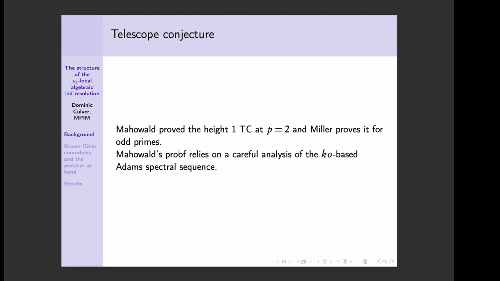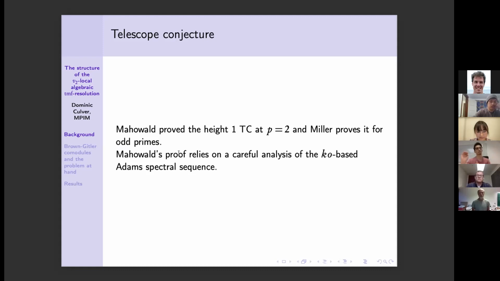And he gave a very sophisticated analysis of the E1 and the E2 page of that spectral sequence, and was able to use the fact that KO had this sort of periodicity in it to argue that the image of J is the only source of v1-periodic elements. And then we also know that the image of J is basically the K(1)-local sphere. So that's so